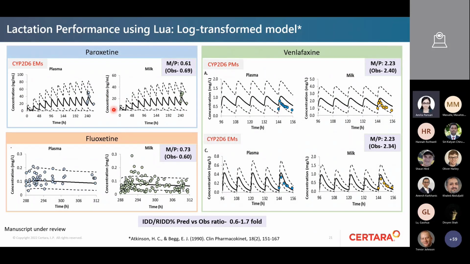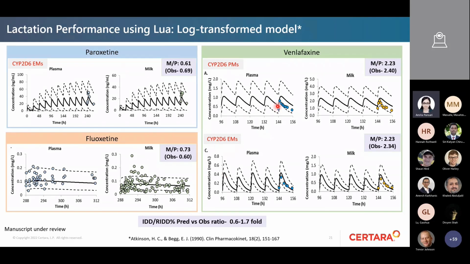Here you can see, for example, we also looked into paroxetine, tramadol, and fluoxetine for the different phenotypes as provided in the clinical data. So we replicated the same clinical scenario here and looked into the plasma and the milk exposure. We first see whether the overall milk exposure is predicted well, as you can see from the comparison of the milk to plasma ratio, where we also took into account the different phenotypic typings given for this drug. For this particular study, there was no EM data provided, and for the different phenotype data were available, but